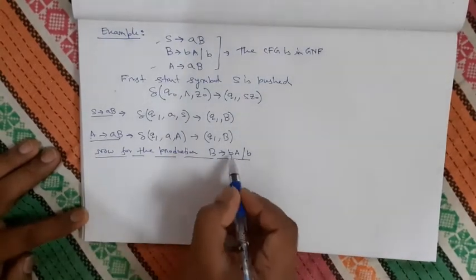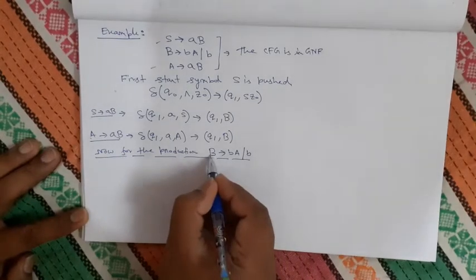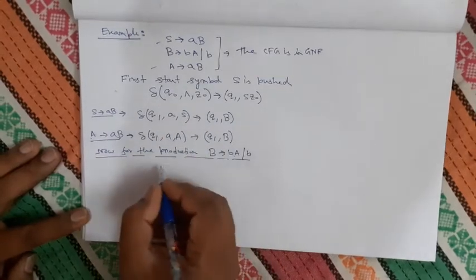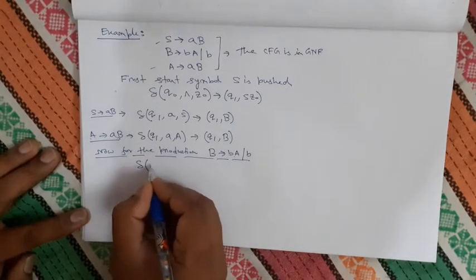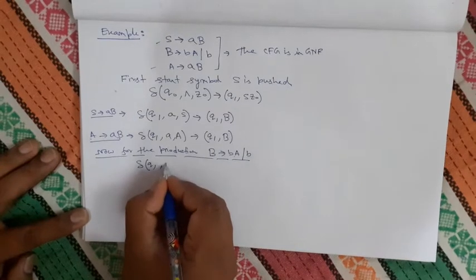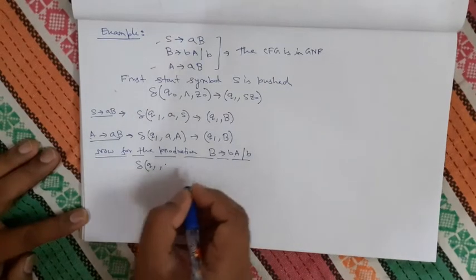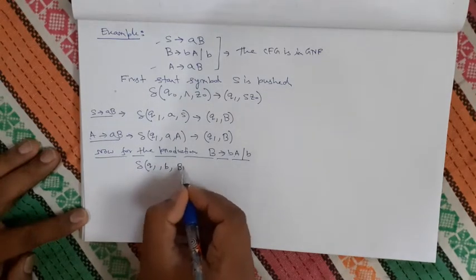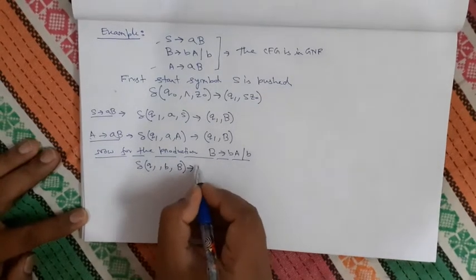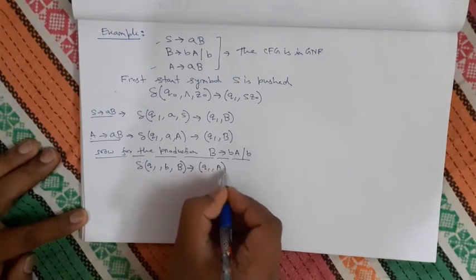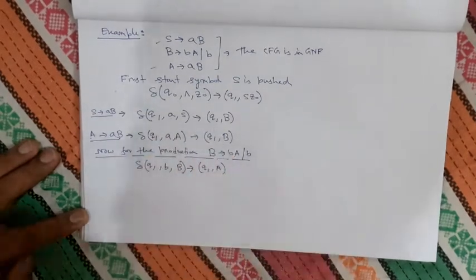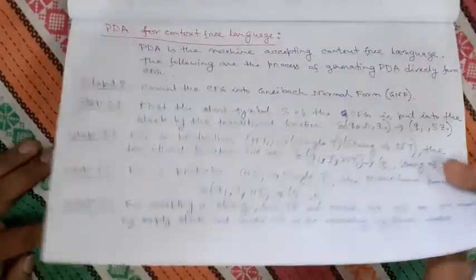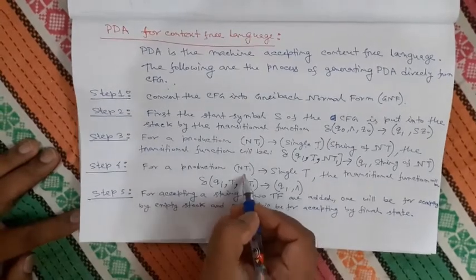So here two productions are there, so for that there will be two things. For the first one we will follow this procedure, so obviously it will be delta of q1 comma b, q1 comma b, small b comma this capital B. It tends to, we know that it will be q1 comma a. This is the same as this kind of rule, but because it is a single terminal symbol, we have to follow this rule 4. Non-terminal is a single terminal symbol.